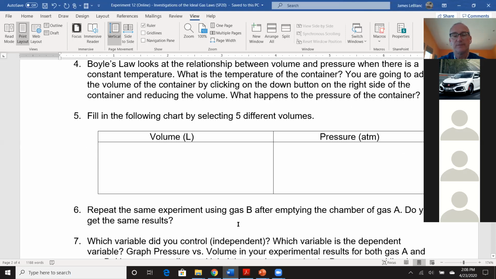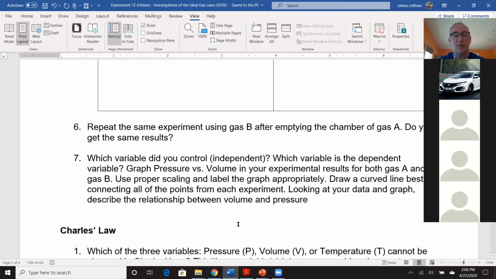What was changing, what was being changed, and what things are being held constant should be in the chart. And then below the chart, there should be a plot of the data that's in the chart, okay? Answer these questions, and you can have them separated, but the first one would